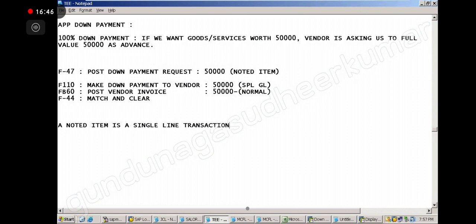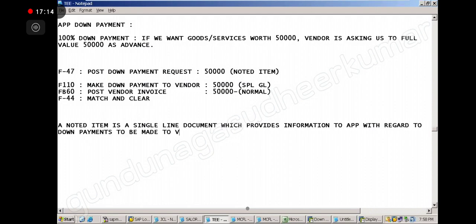Single line document which provides information to APP with regard to the down payment to be made to vendor. Is that clear? Yes, no.